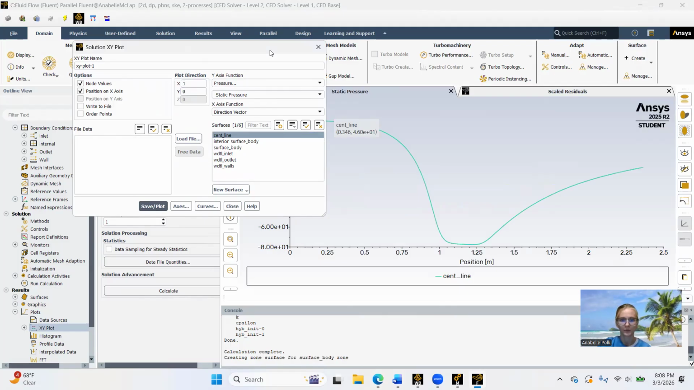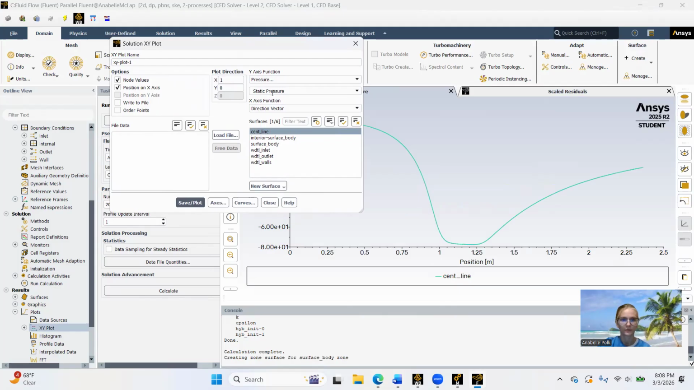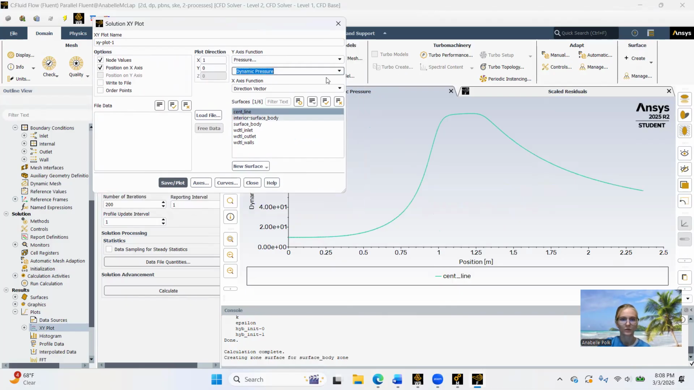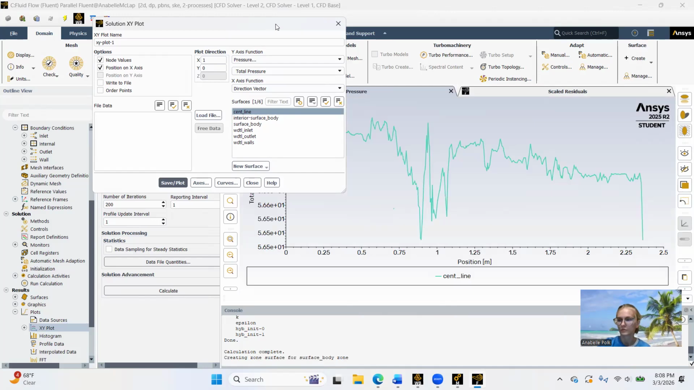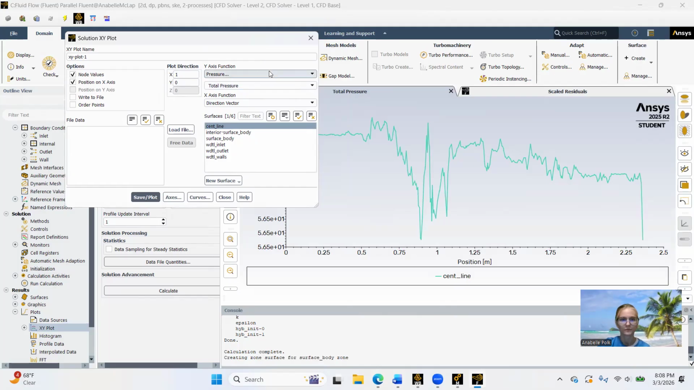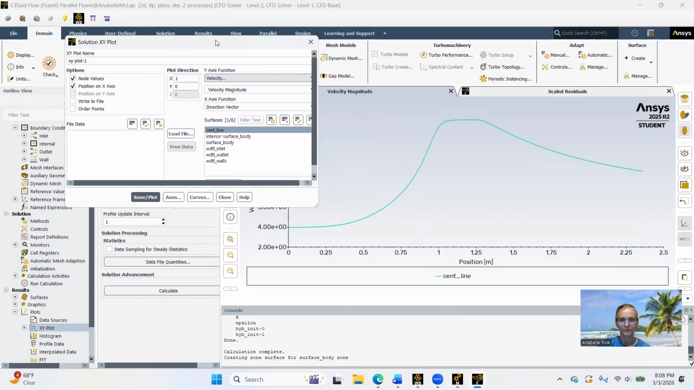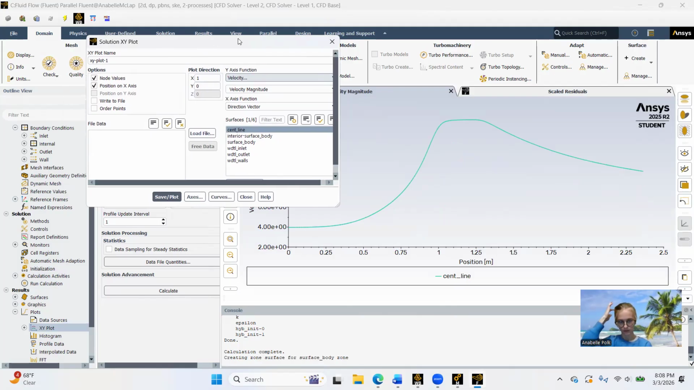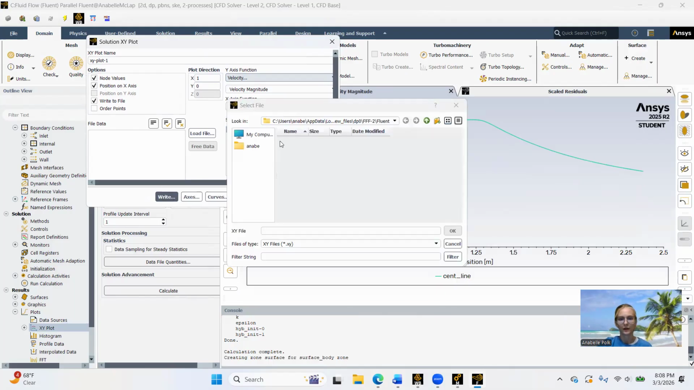And now we have static pressure, dynamic pressure, total pressure, velocity. Voila. To save these, you can click that write to file here,